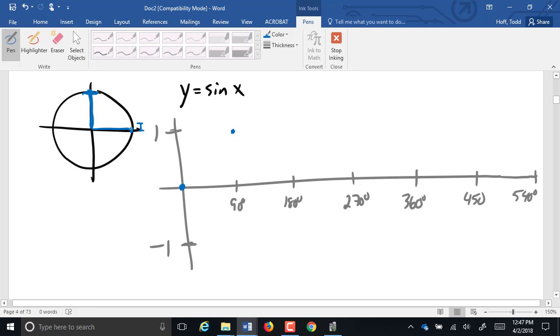But you'll notice as it goes up, it starts to increase really fast here. But then, remember, look at the distance above. It's increasing really fast here, but it's getting slower and slower and slower until it levels off. So it makes a curve here, looks like that. Then at 180, it's back down to 0. So that curve continues like that. And notice it's pretty steep here. It's almost straight up and down there. In fact, it kind of is for a single moment. It actually is straight up